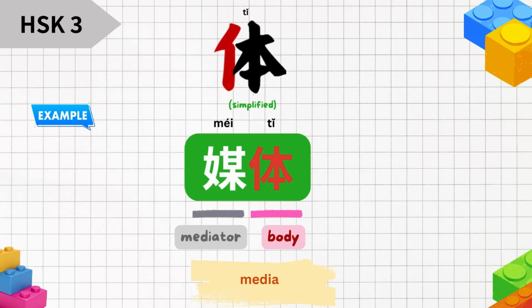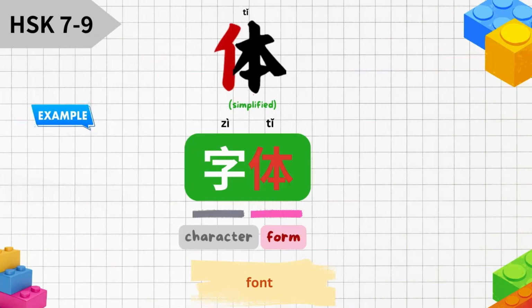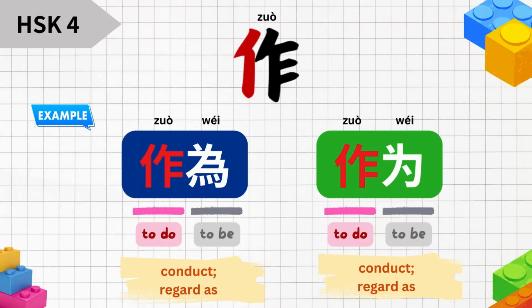For example, 媒体, 个体, 主体, 字体. To sum up, once you've mastered the S-tier radicals, applying them to create characters and forming new words